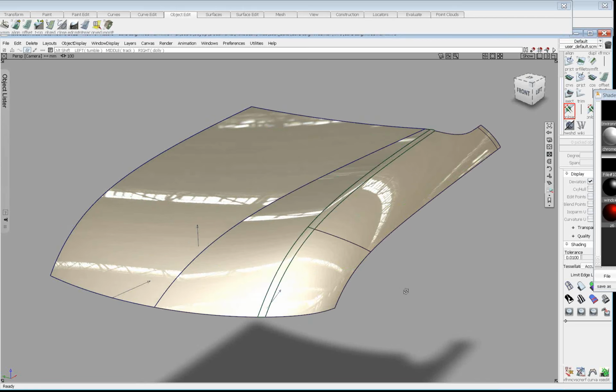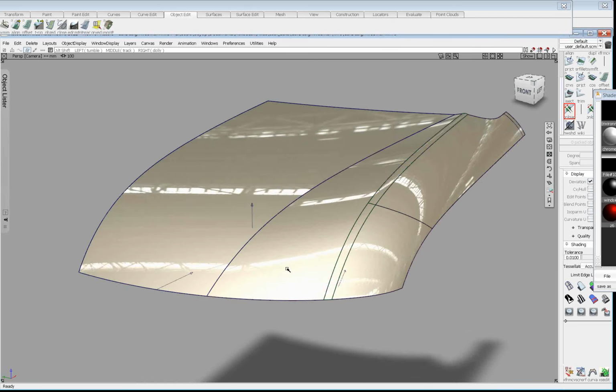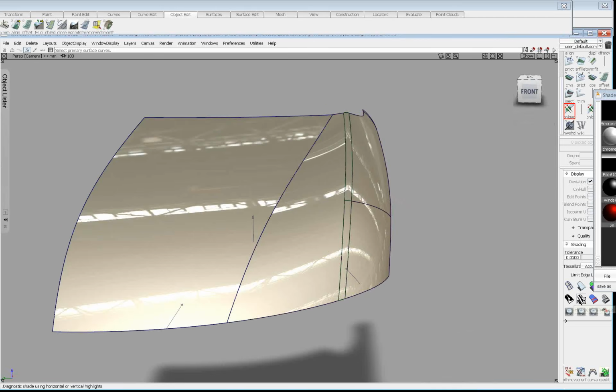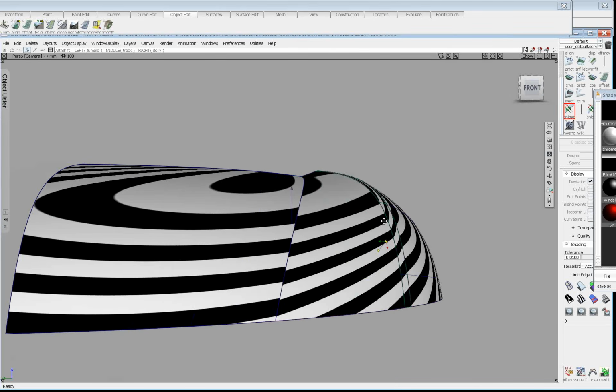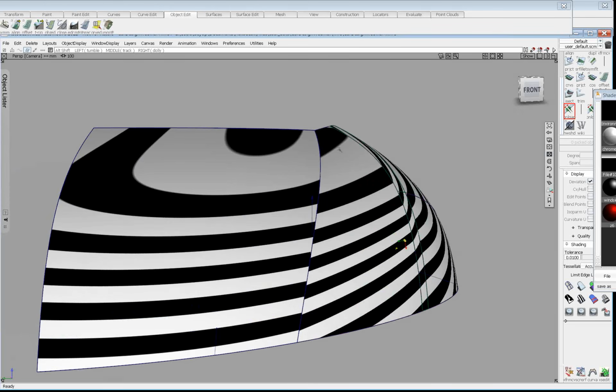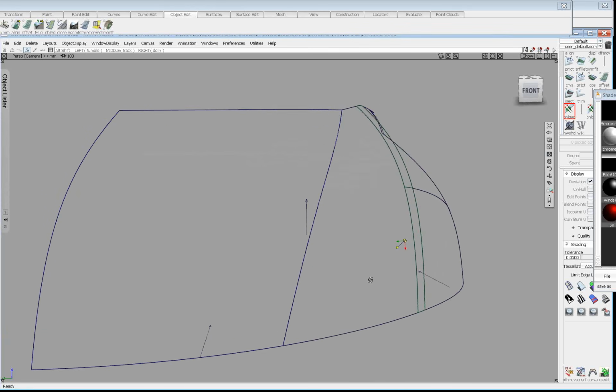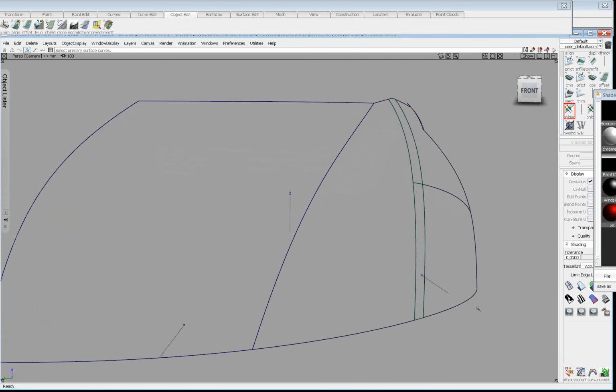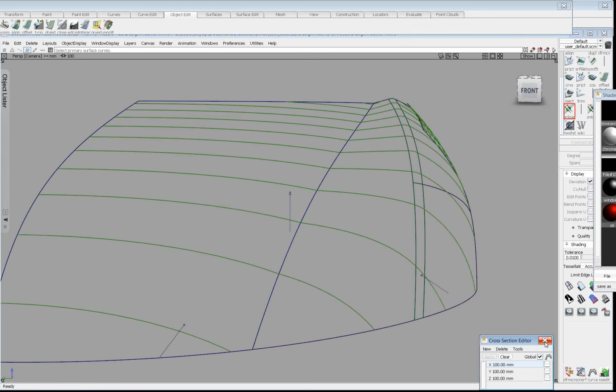And what I want to point out here, this is pretty important, is that there's a tangent break between these two parts of the surface. And the panel gap still allows you to build across a condition like that. Let's put the cross sections on again, just some X cross sections. And now when we use the panel gap,